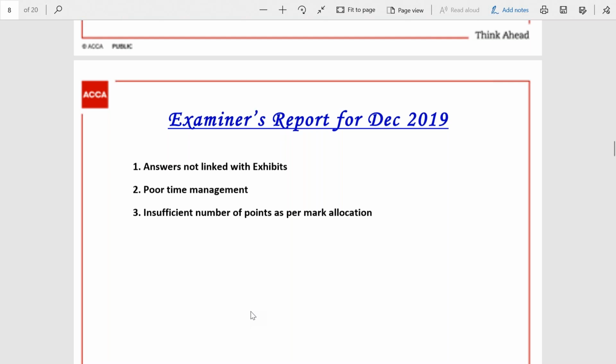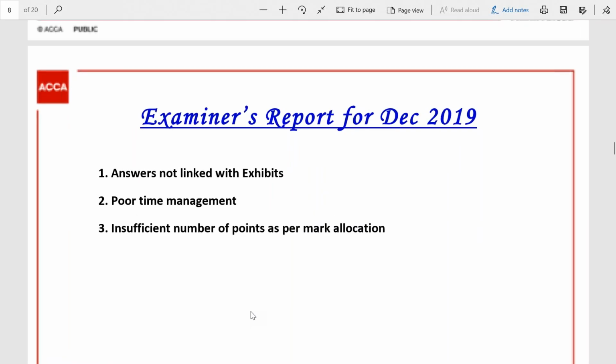And if we are not able to fix these three issues, then we do not deserve to pass, right? So you guys need to swear and confirm to me that you will not make these three mistakes, and it is my job to teach you how you can avoid them. All right,